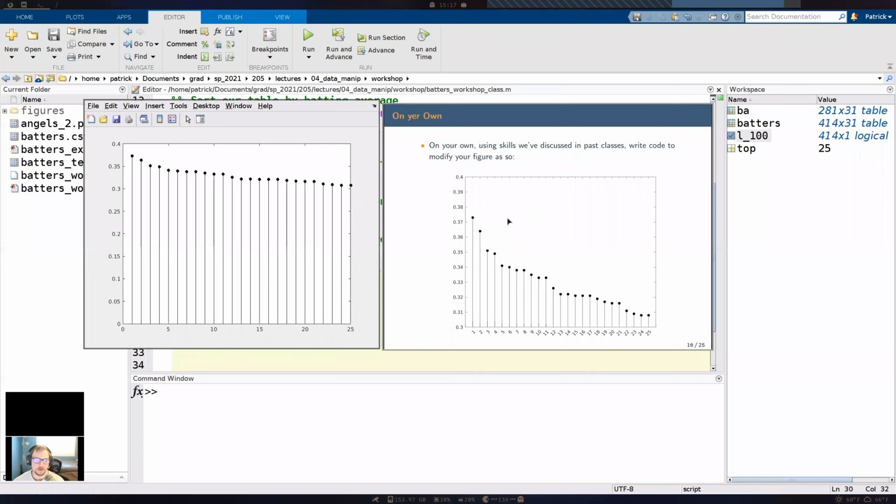And we're also going to modify our Y limit to go from 0.3 to 0.4, instead of here, where it's going from 0 to 0.4. So you want to change that too. And we're also going to change our Xtick angle to a 45-degree angle. Okay, so all of this that we're doing to make this plot is everything that we've talked about in the plotting chapter.